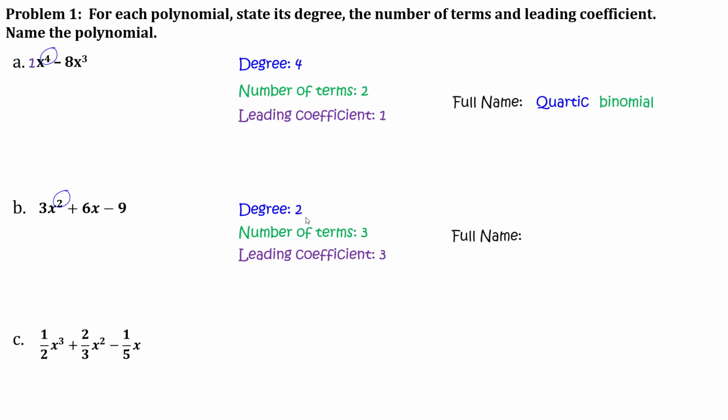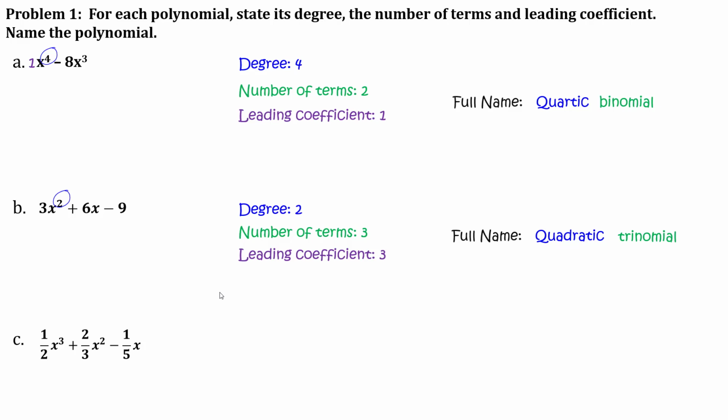Full name comes from the degree plus number of terms. Second degree things are called quadratic. Number of terms 3, so it's a trinomial. Quadratic trinomial. You're going to see a lot of quadratic trinomials, okay? It's kind of like in 6th grade, you spend a lot of time multiplying 2-digit numbers by 2-digit numbers. We're going to spend a lot of time working with quadratic trinomials just because